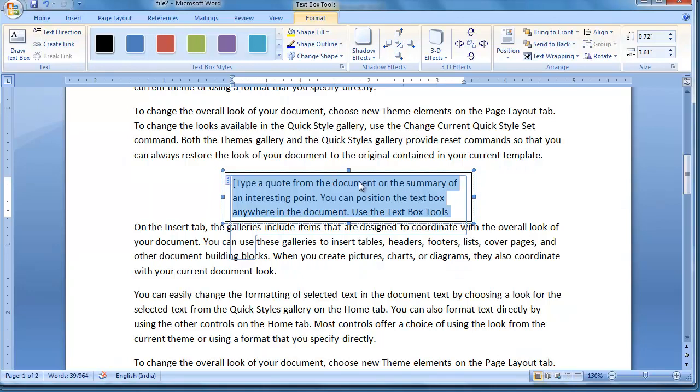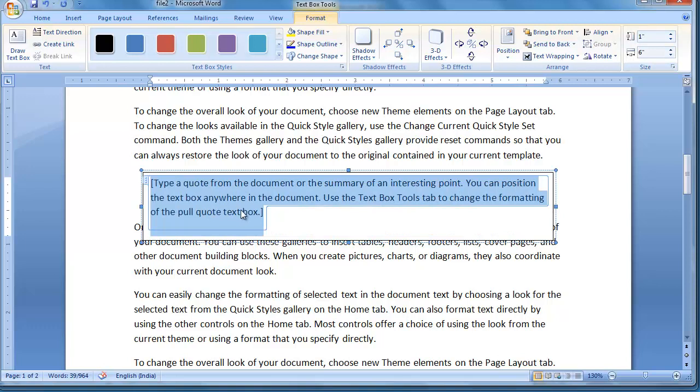If you want to specify the exact width and height, under text box tools format menu, suppose I want height as 1 and width as 6. Now we got height as 1 and width as 6.